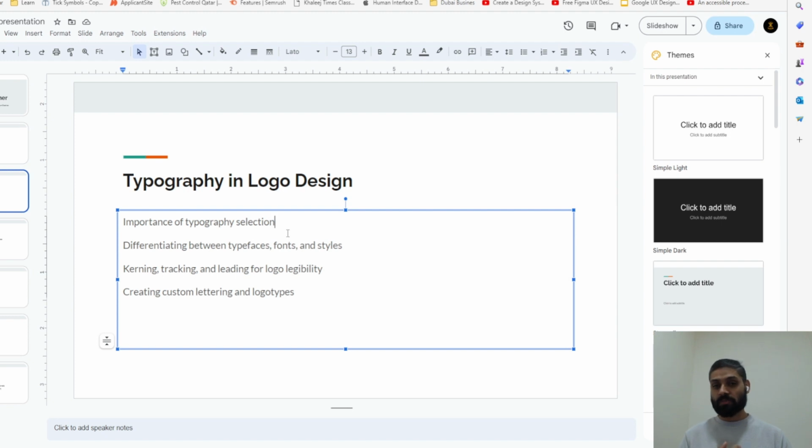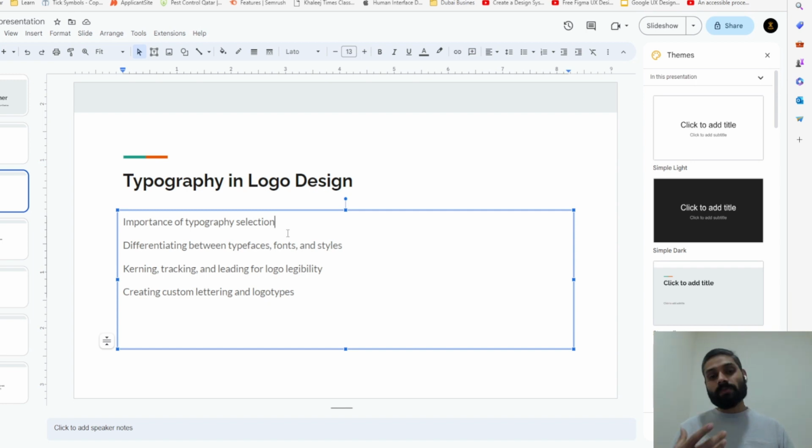Typography is most important, along with the symbols and the icons. It gives a kind of vibe, or shares the emotion, voice, and tone of that particular company. It should be aligned with the logos.